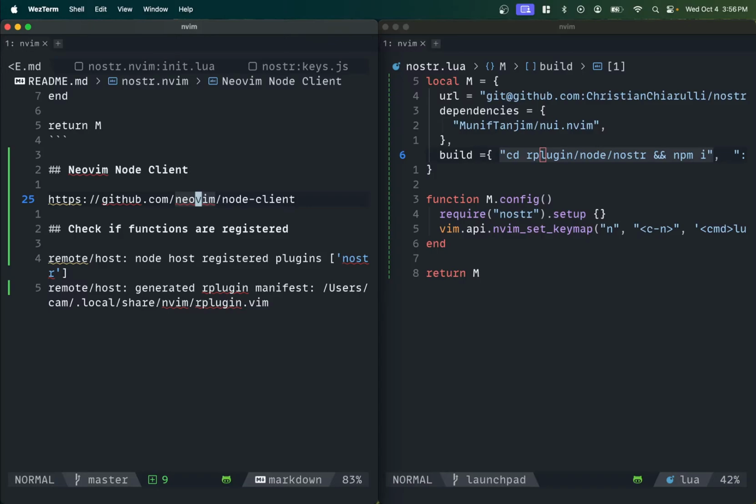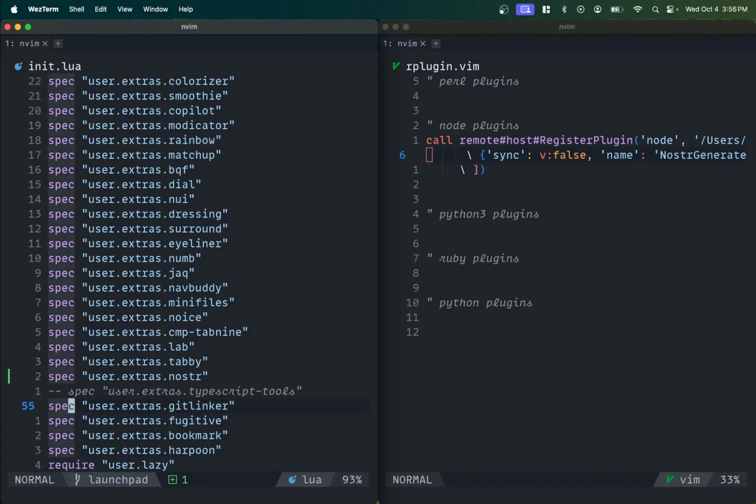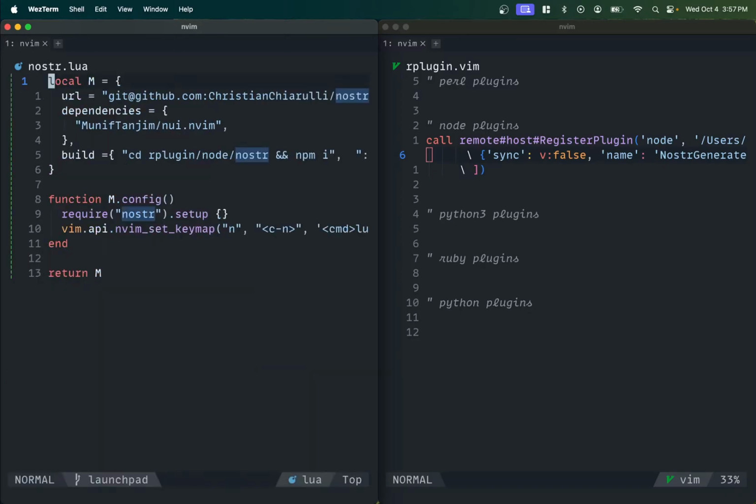Can you explain what it does? I mean, the node client. Yeah. So let me show you what that's going to look like. Let me show you from Neovim, as a plugin, all the way down to how it's going to work. So I have a plugin called Nostr here. And the way that it's going to work is I'm just going to install it like any other plugin, right? And then